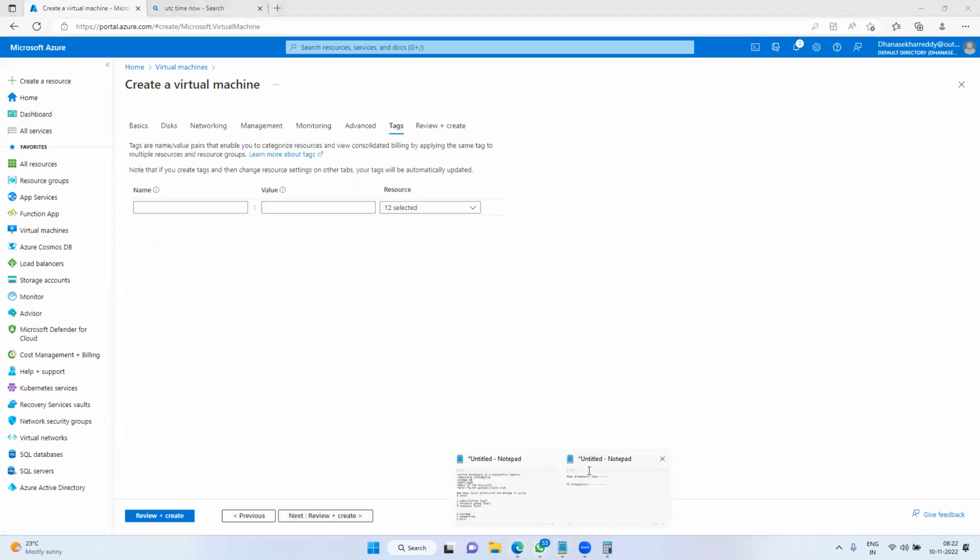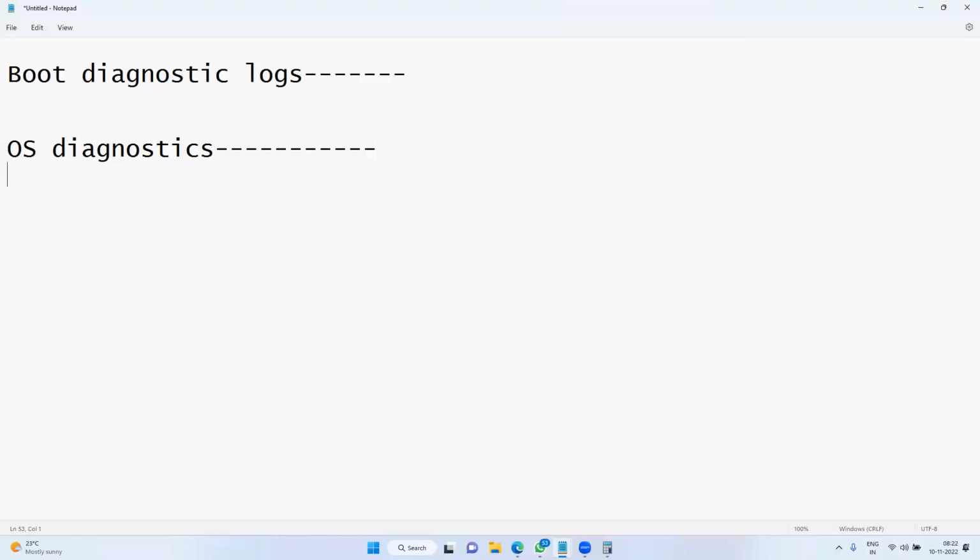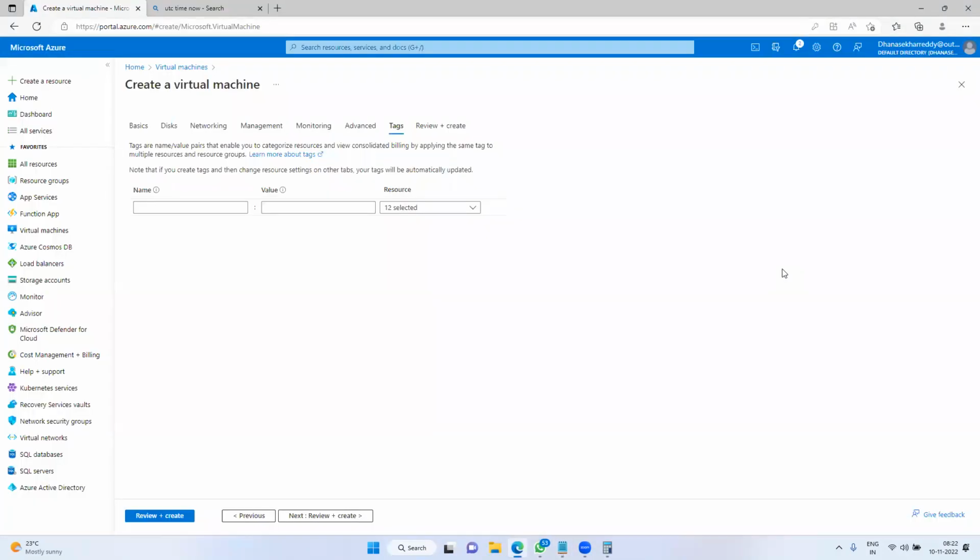As I said, tags are name-value pairs, key-value pairs. It is important, guys. Why? Because I am new to your team and I don't know for what purpose you are using this server. By looking at these tags, we can easily understand that this is the production environment, who the client is, PwC, what the configuration is and what type of server it is. So I can easily get that info. Apart from that, using these tags, we can filter the resources in Azure.